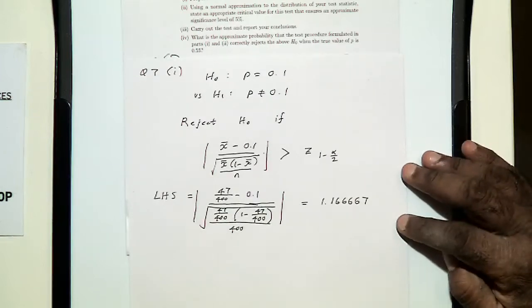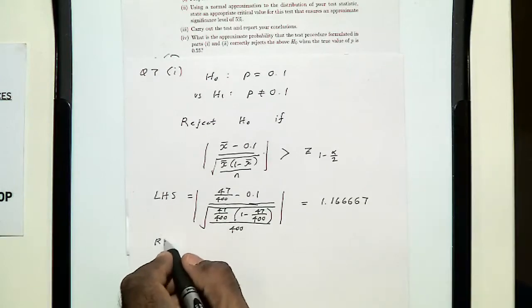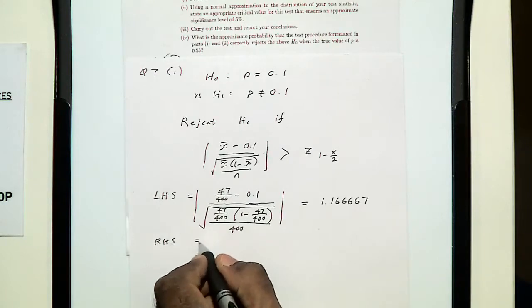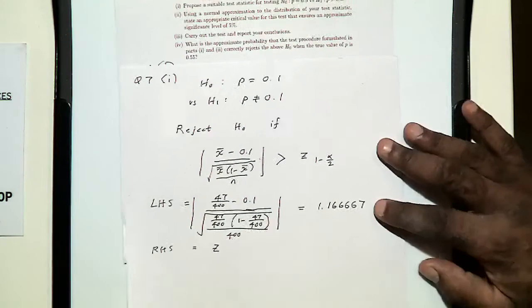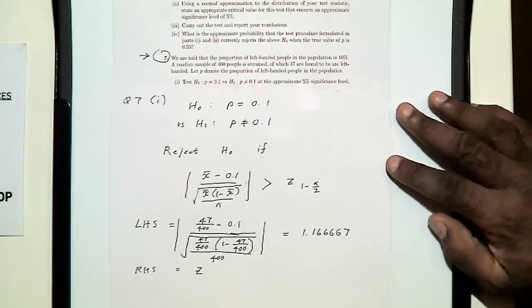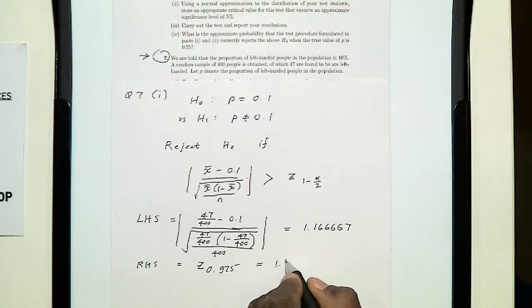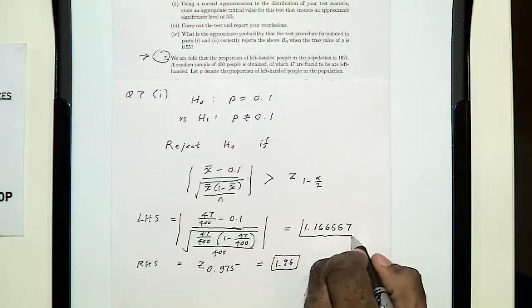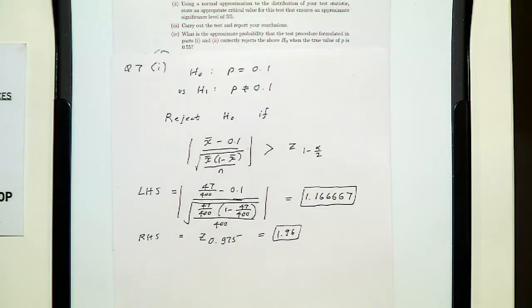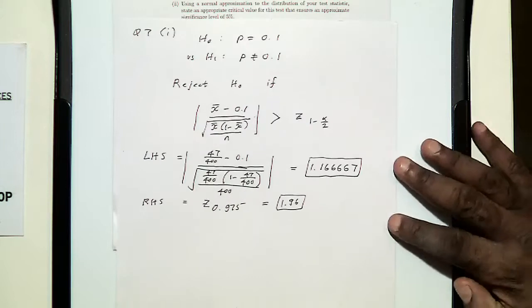I'm sure you got this right. And the right hand side is, we are using 5%, right? So the right hand side is 0.975, which is 1.96. So clearly, the left hand side is not greater than the right hand side. So the conclusion is that there is no evidence to reject the null hypothesis. So you will say